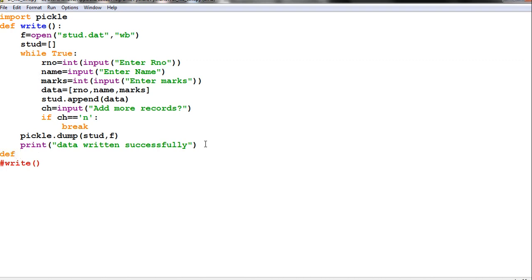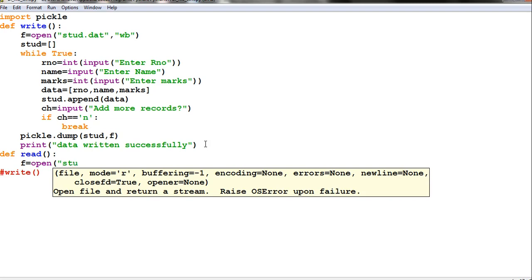Def read function colon. What you have to do, f equal to file handle open stud.dat, comma rb. I should write in rb. Hope you are understanding, right?